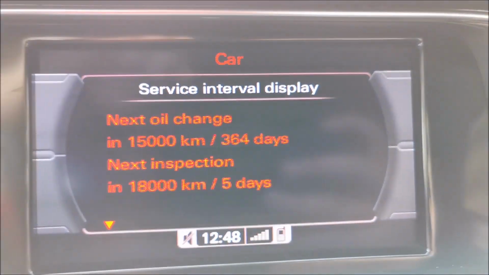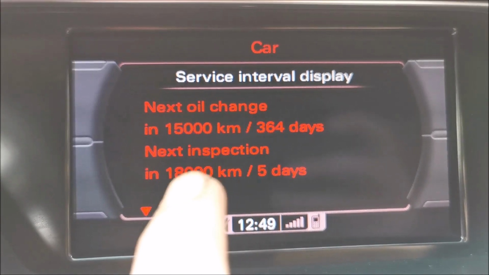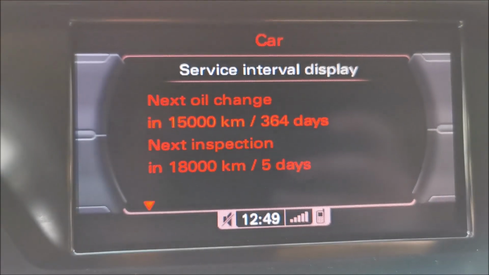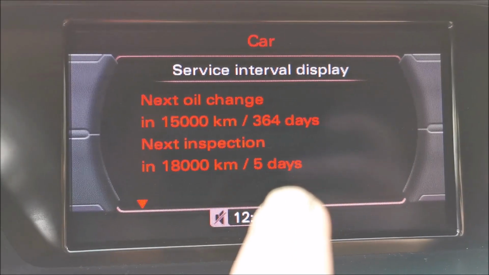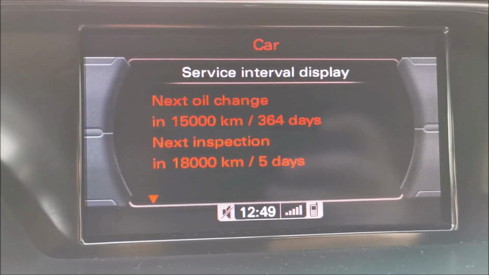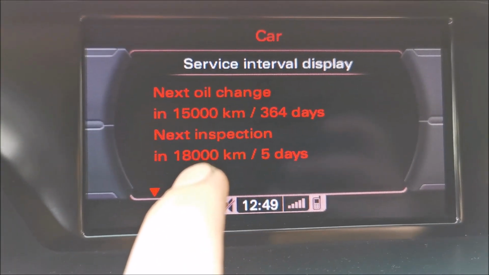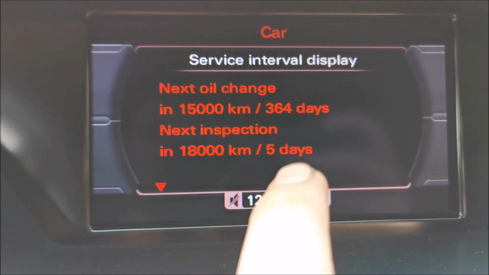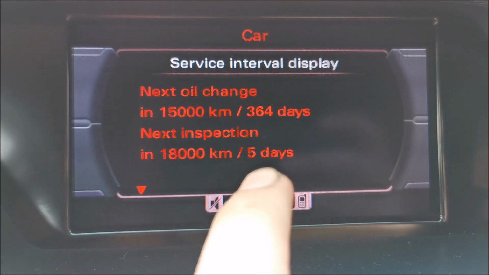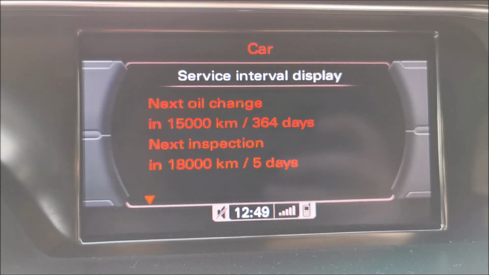Hi there. In this video, sorry about the light, I'm going to show you how to reset this inspection timer, which can be by kilometers or by days. I have a separate video that shows you how to reset it when it actually exceeds the required kilometers, but I'm about to exceed the required time in days, so we need to do this